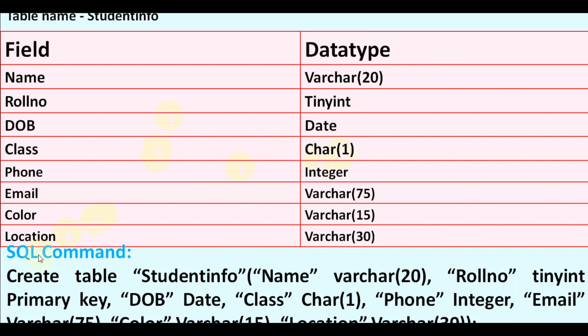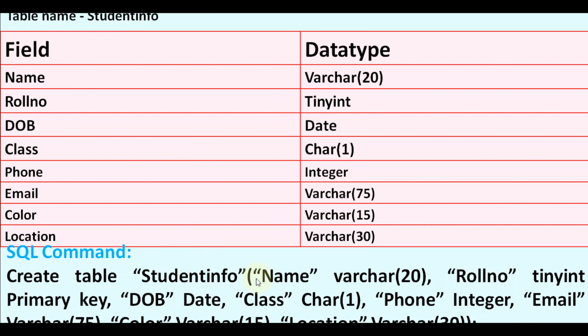Now thereafter, here I have also written the SQL command. So this SQL command or create command we have to use to create a table in OpenOffice Base. As you have seen in the syntax, first of all create will come because we are using the create command, thereafter table will come. After that, in double quotes we have to mention the name of the table. The name of the table is already available on the top, and the name of the table is student info. So I mentioned the student info table name in double quotes.